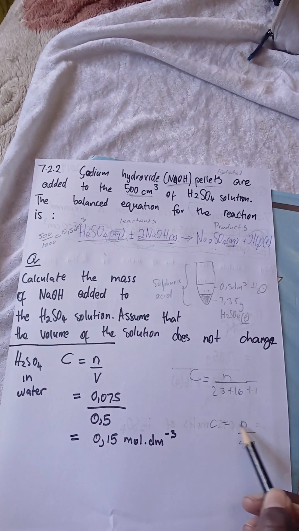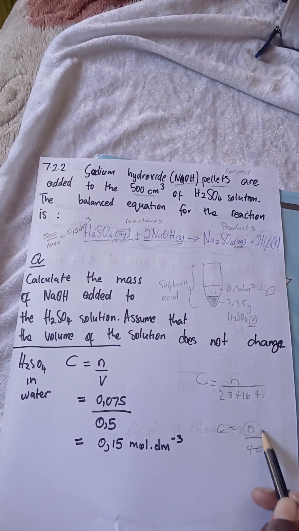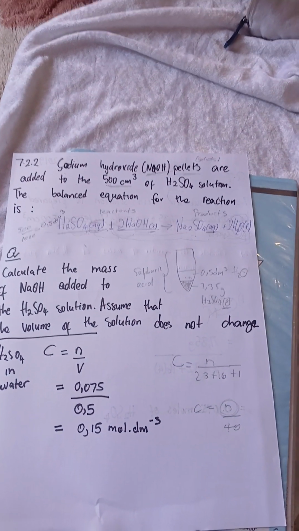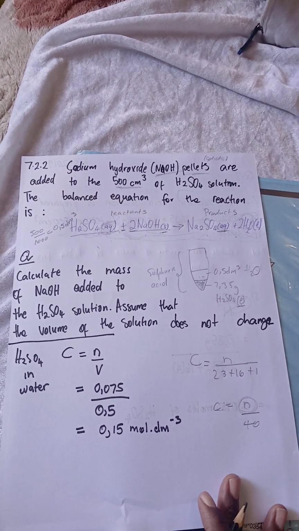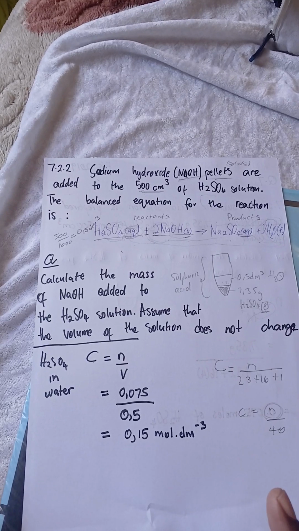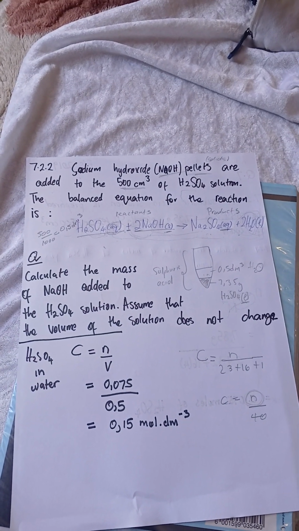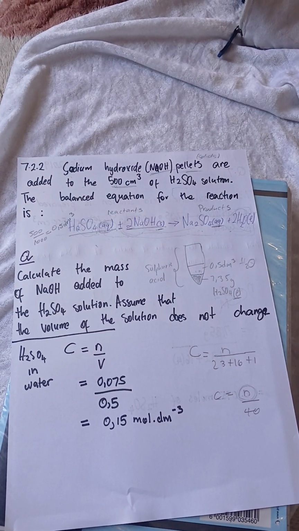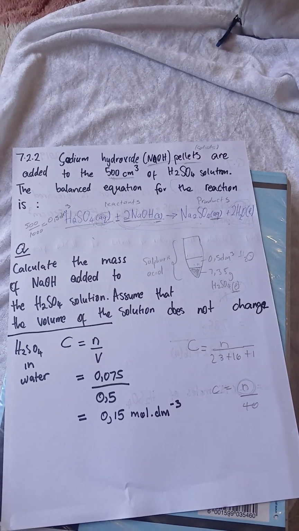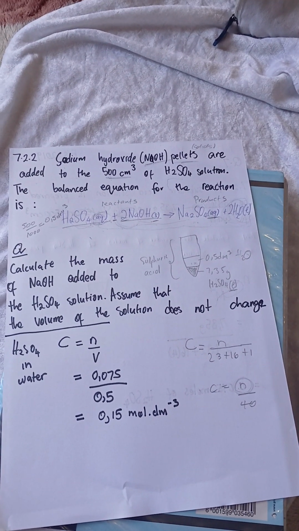But we don't have two things here. So we need to find the number of moles of this so that we know. And that's where the mole ratio comes in. The truth of the matter is, we have the H2SO4 for the number of moles, and now we need to come down to actually understand what is the number of